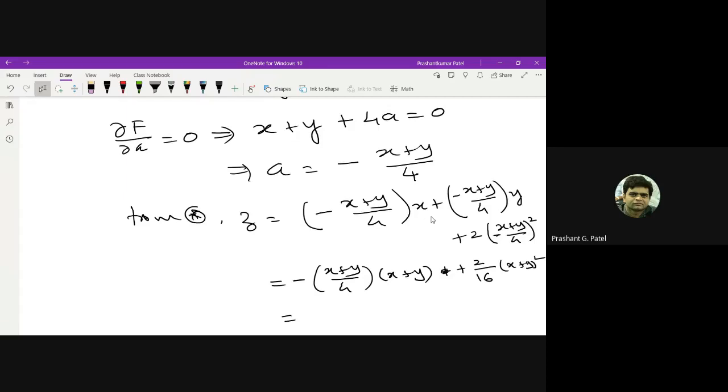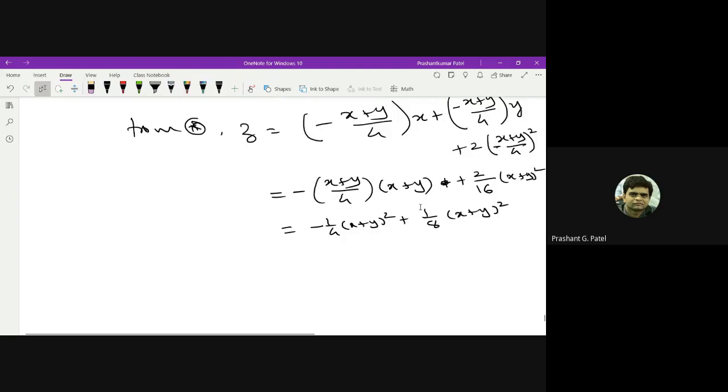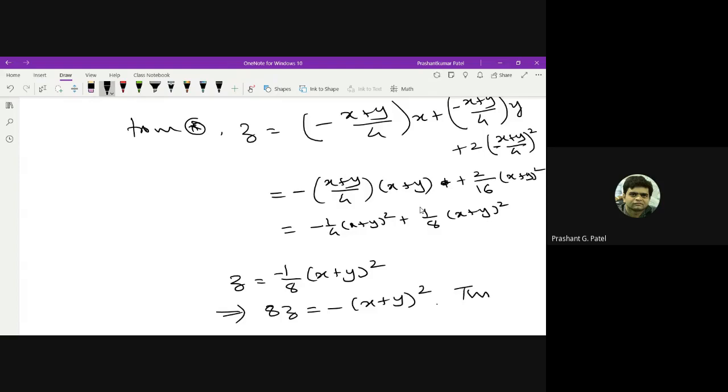So this is minus 1/4 (x + y)² plus 1/8 (x + y)². So ultimately minus 1/4 plus 1/8 will give me minus 1/8, so z is equal to minus 1/8 (x + y)². So finally 8z equal to minus (x + y)²